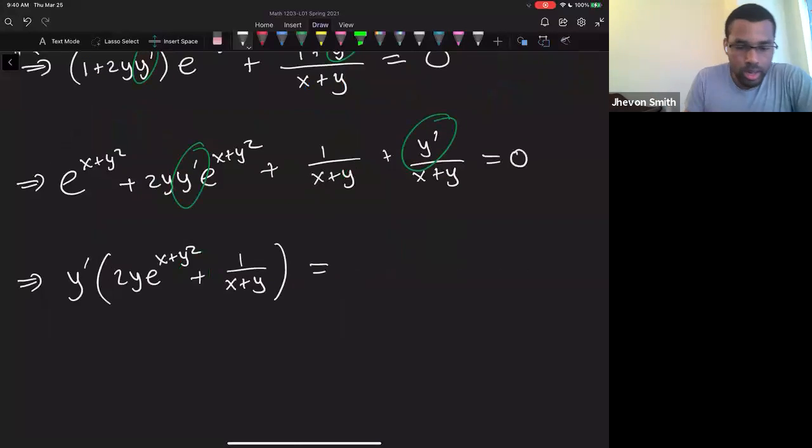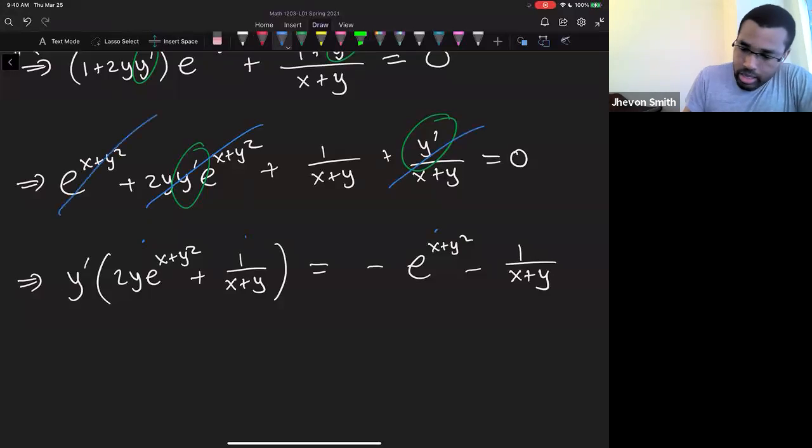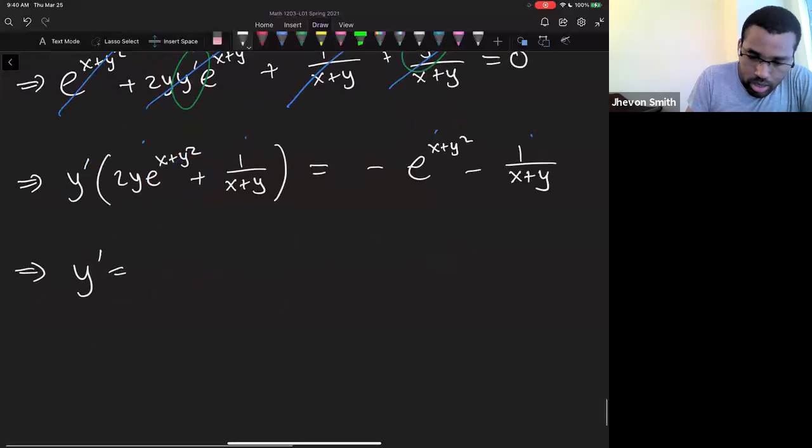And bring everyone else on the other side. So minus e to the x plus y, y prime, minus 1 over x plus y. So this guy here accounts for that. This guy here accounts for that. This guy here accounts for that. This guy here accounts for that. Yeah, everyone's accounted for. Moving on, y prime is going to be minus e to the xy squared plus 1